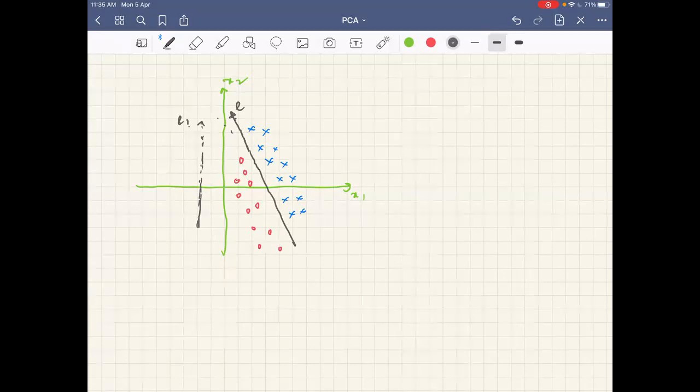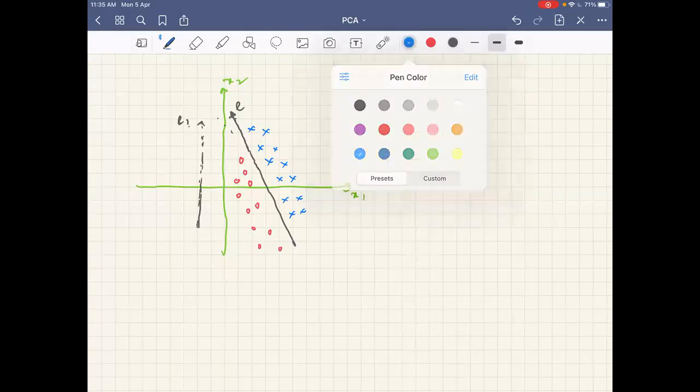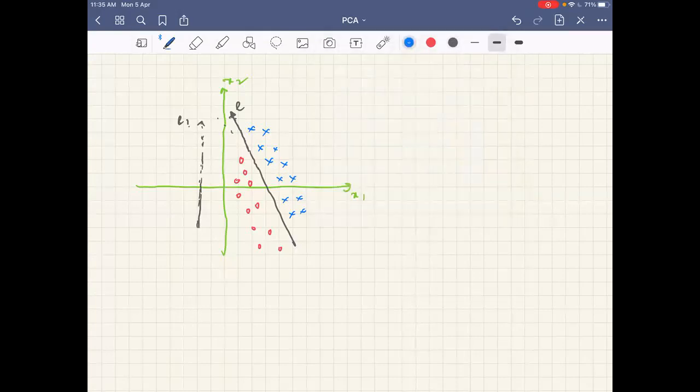Fine. Now the question is, I will use this direction for projection. If I project onto this direction, do I have any issue in developing the classifier? You won't be able to classify. Yes, we won't be able to classify. The samples which are not overlapping in 2 dimensions are still linearly separable in 2 dimensions. You can easily see that. They are not, however, separable if I project them onto this direction. So PCA is not very ideal for classification problems in all scenarios.